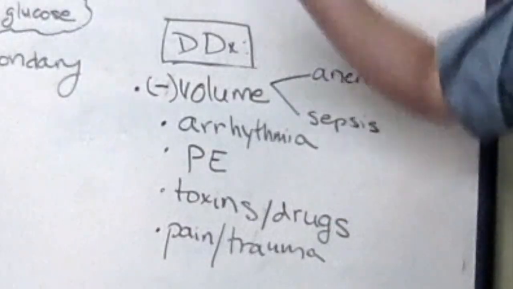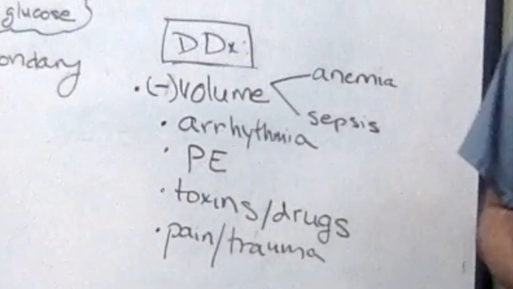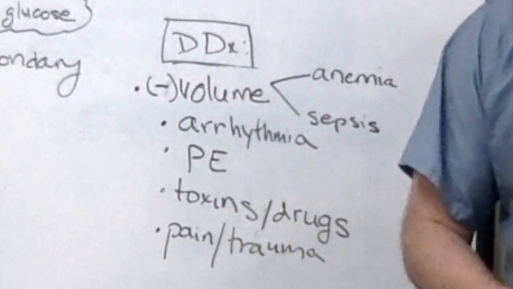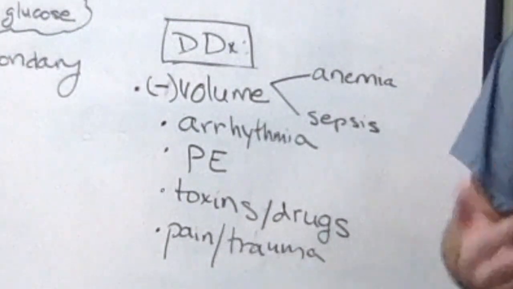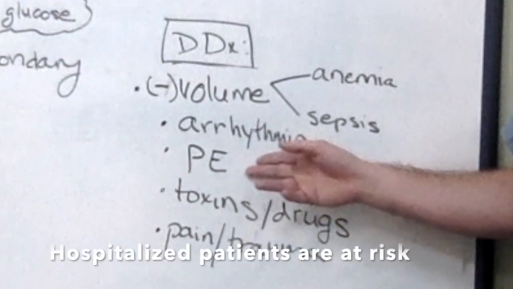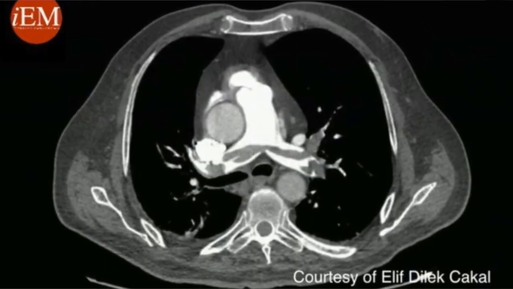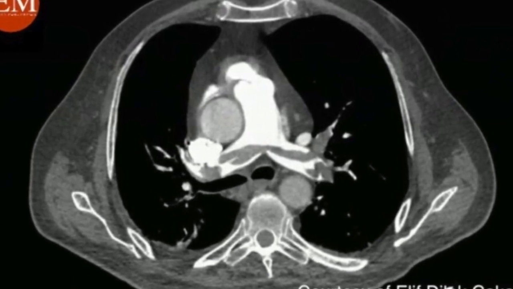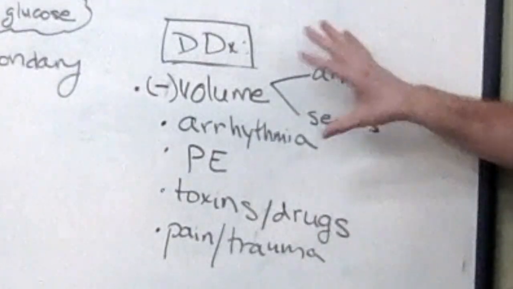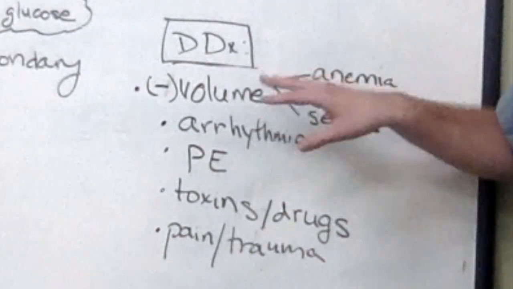Going back to your vitals, if you do have hypoxia, is this a patient that has a history of clots or is high risk? Are they immobile? Something you can consider, on the lung-based problems, is a PE. That's something that can be life-threatening, something that you want to rule out early on. And then once you've gone through these, which are going to be some of your more common ones,